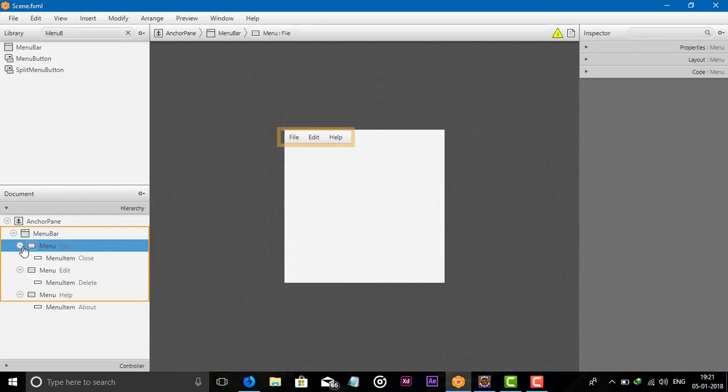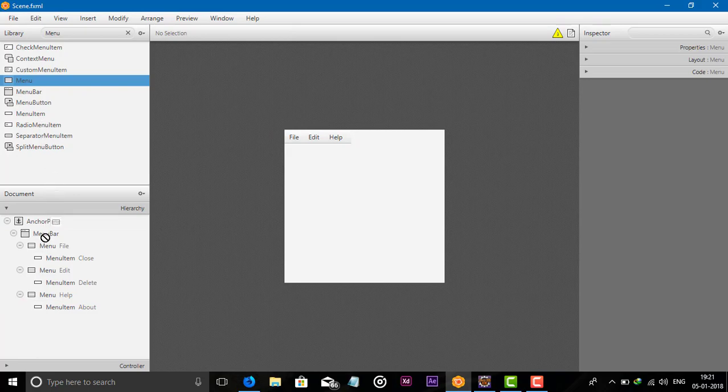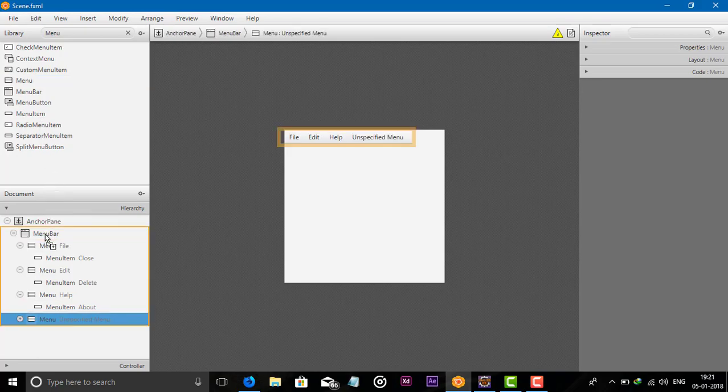but in case you want to add an extra menu, what we can do is go to the search bar and drag the menu, and we can also add a menu, undefined, and you can type the menu string like Help.